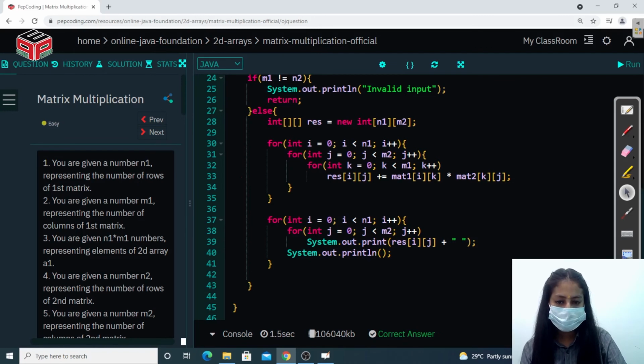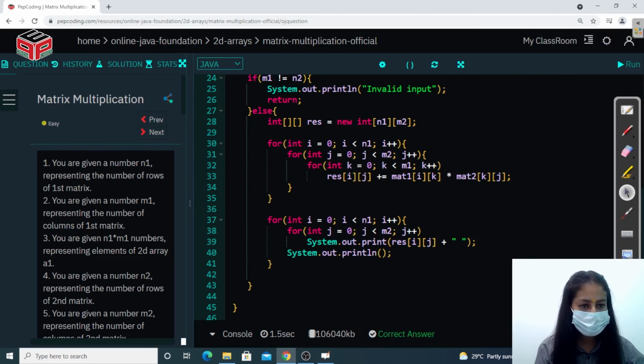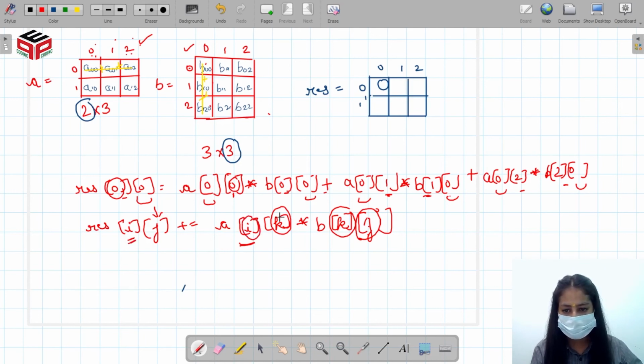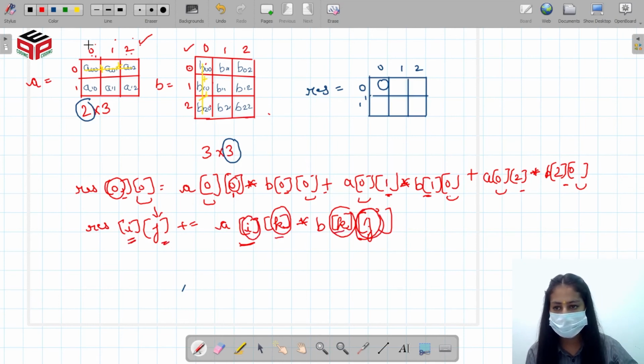So this formula is the only important part. When we are calculating the resultant matrix, this value is the same as the row number, this is the same as the column number, and this is varying with the number of columns of the first matrix, right?